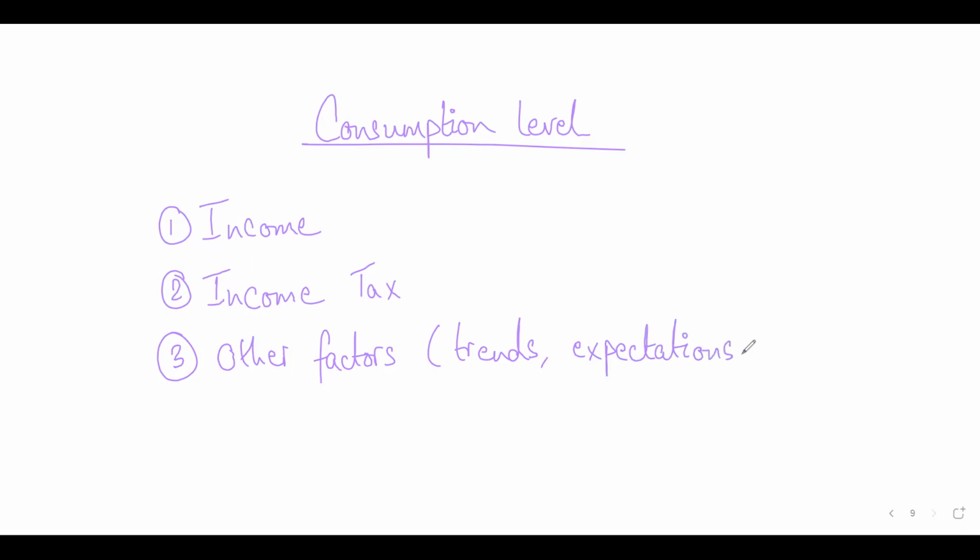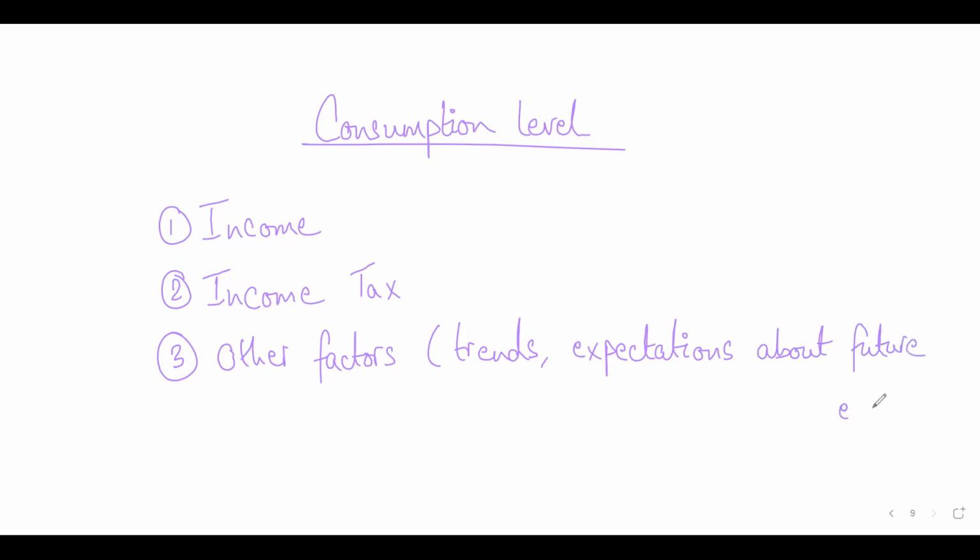and vice versa. Because when COVID hit, what happened? People got really afraid about their incomes. They became really afraid about their jobs, about losing their jobs. And therefore they started saving more instead of spending, obviously, because they were not sure if they would be able to retain their jobs and where the world was going. Obviously, it's natural. That's how humans think, right? Confidence, exactly. Other factors: trends, expectations about the future, etc.